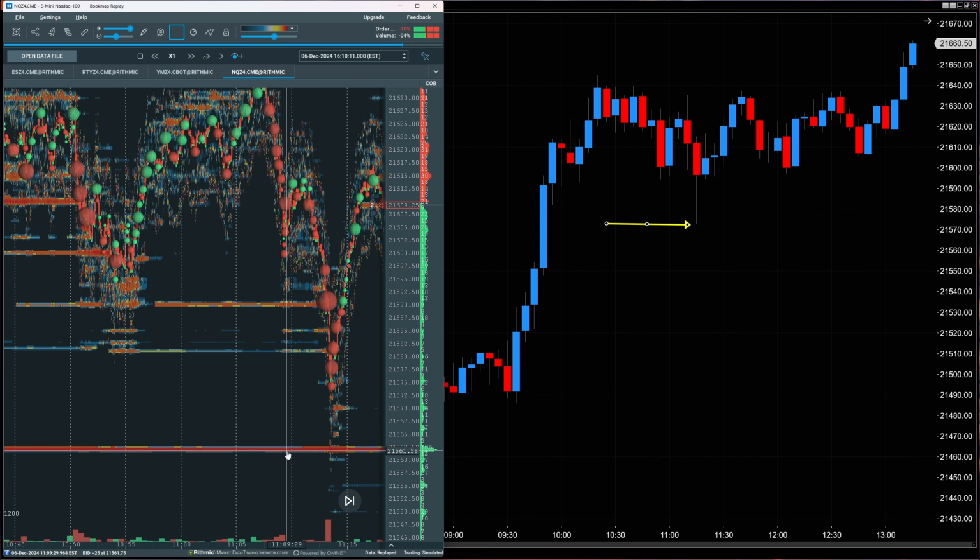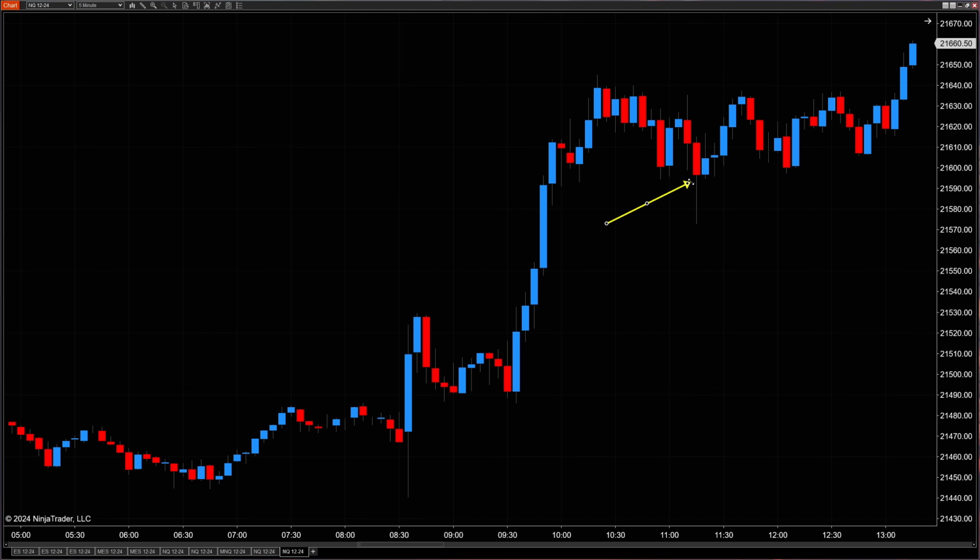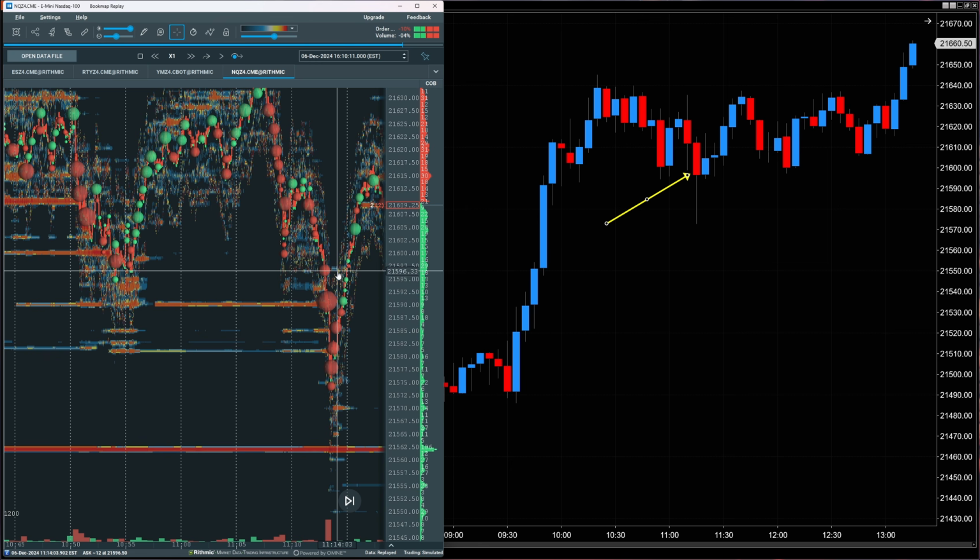Now, this is the type of information that traders need, and you cannot get it looking at a basic candlestick chart like we see on the right-hand side. Maybe you might see on a candlestick chart, once we've already formed that wick, oh, maybe I need to go ahead and jump in. However, with Bookmap, we knew ahead of time that large resting order was there